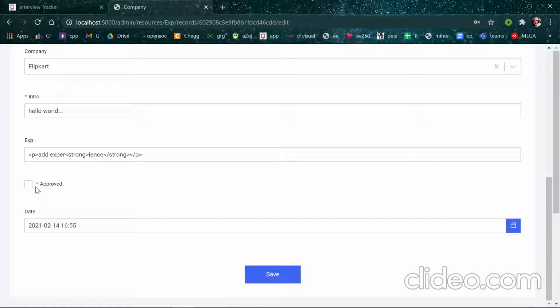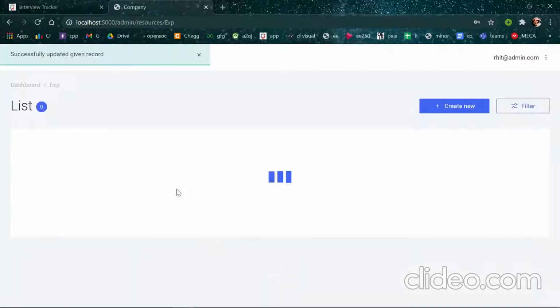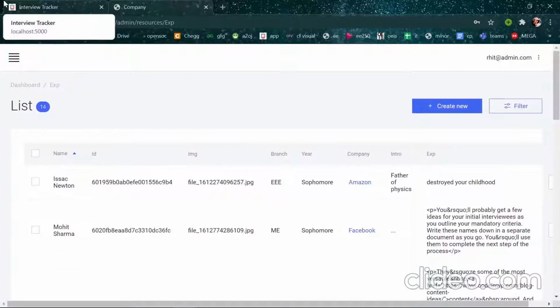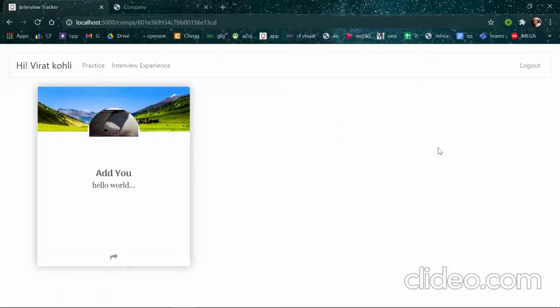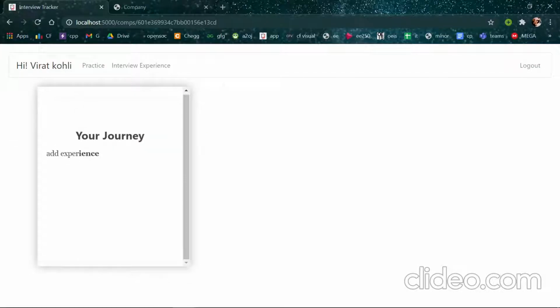This also has a default value of approved which is false, and if we make this true over here, then that experience will be displayed for the given company. We chose Flipkart just now. Okay, if we click on Flipkart, yeah, this is the user which we just created. Here its profile pic, its name, short intro, and upon hovering, whatever experience that we added. Okay, this was bold text, this was simple text. It is displayed in the same manner as we did in case of text editor.